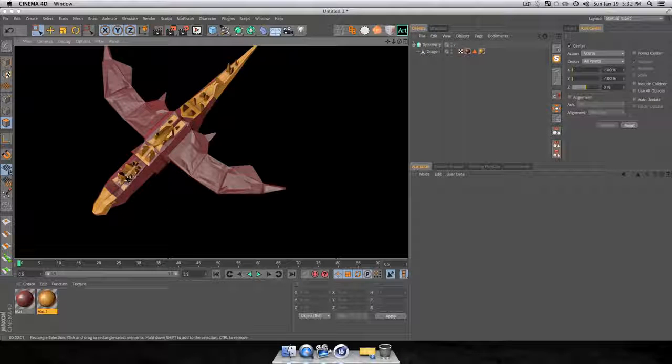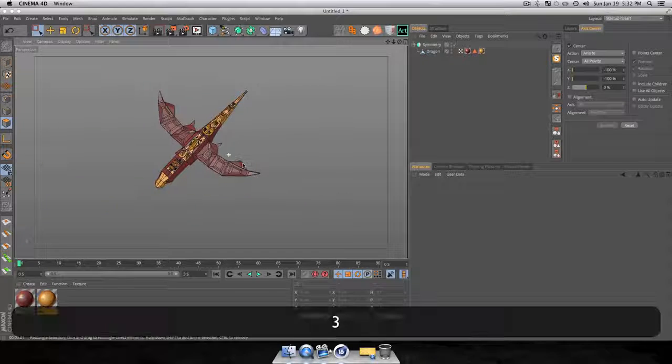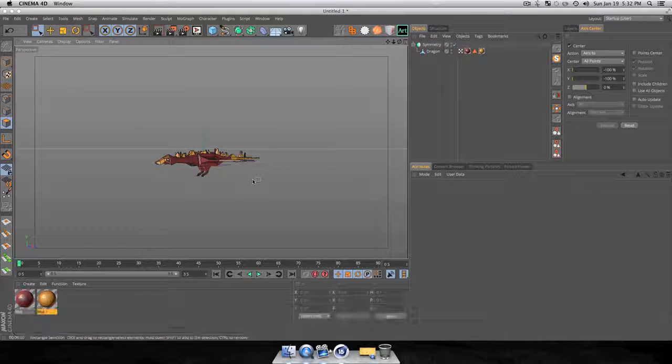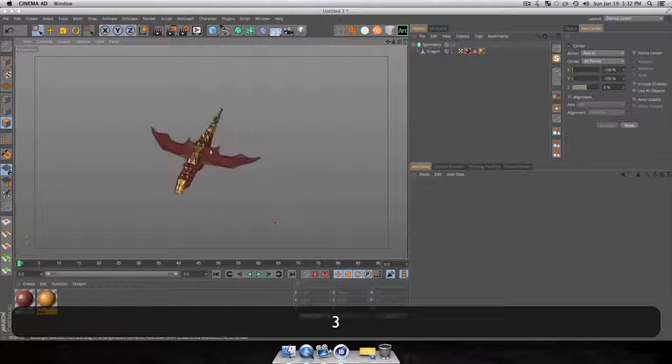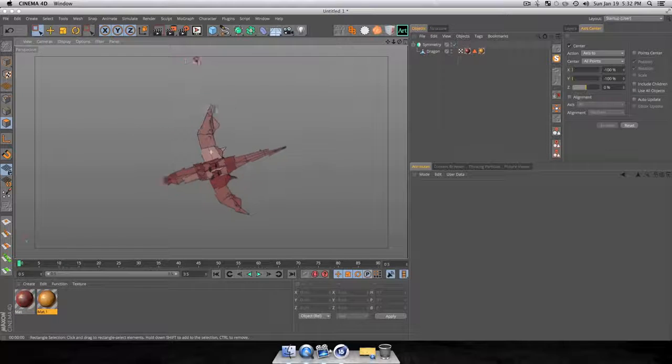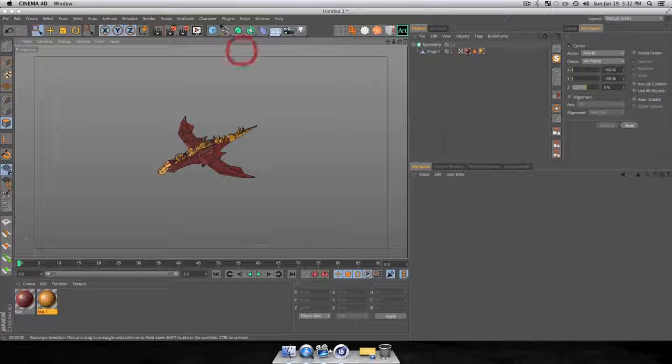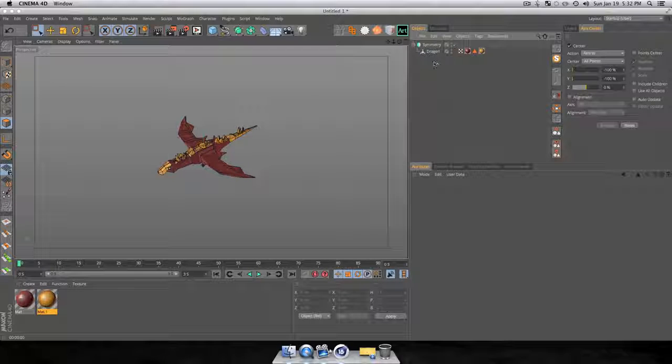Obviously you could spend more time highlighting all this stuff and get it to work better, but I think that looks fine, and I'm not spending too much time on this just because this was just basic modeling or whatever. But I think it should still be kind of fun. So now what we're going to do is